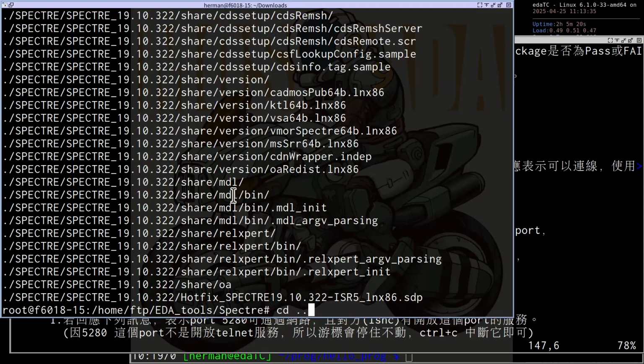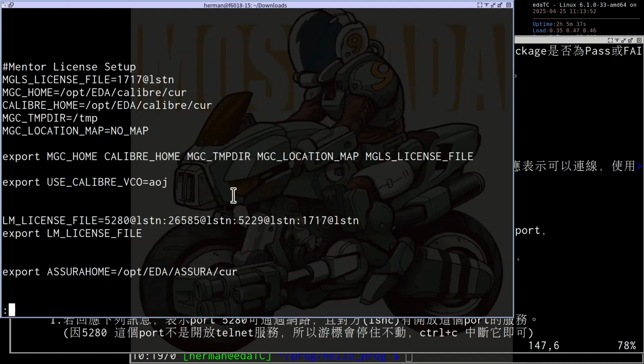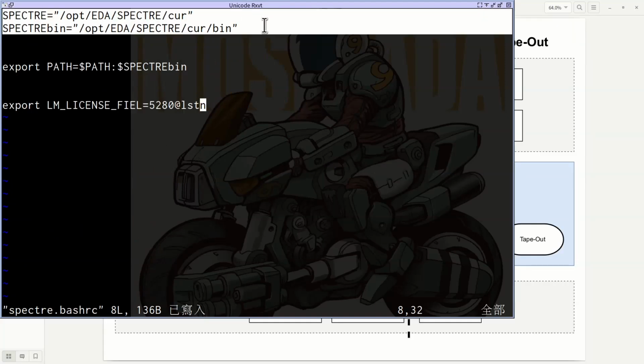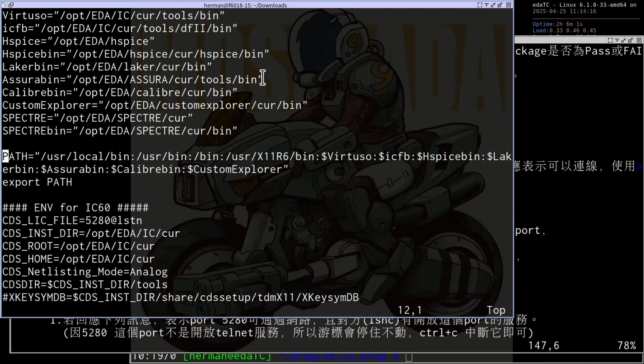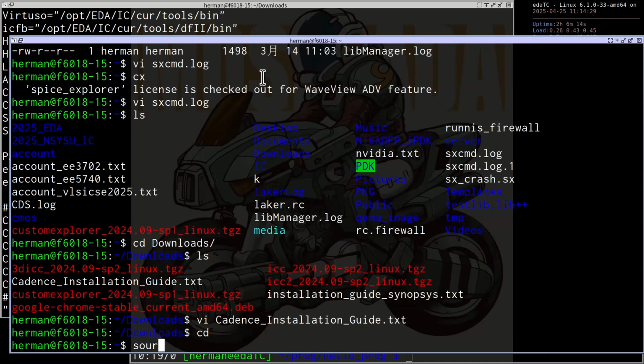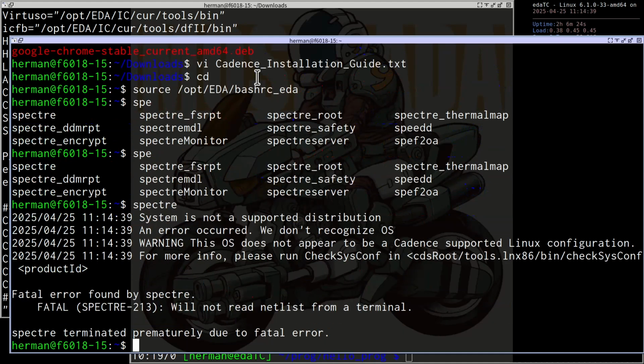Okay, it is extracted, so we can go here, /opt/eda. I will use copy to save some time. Okay, now we can try this. We can source again, source /opt/eda. Okay, fatal error because I didn't give it a netlist, but Spectre is